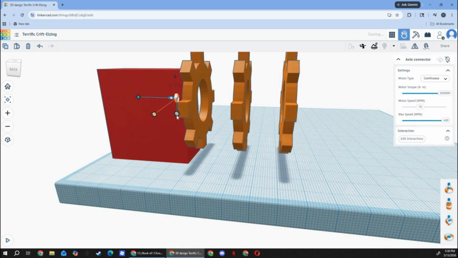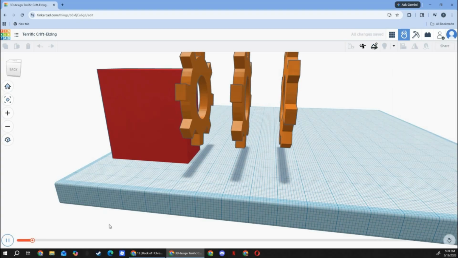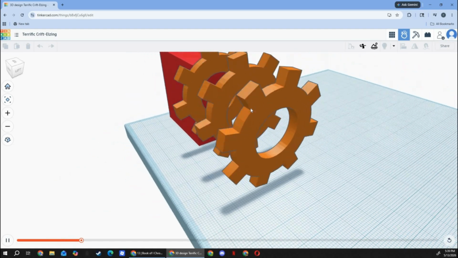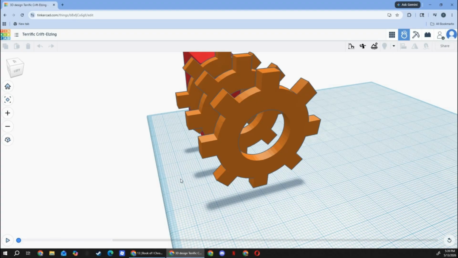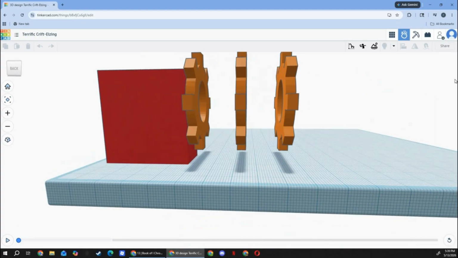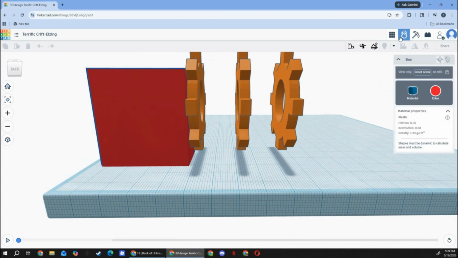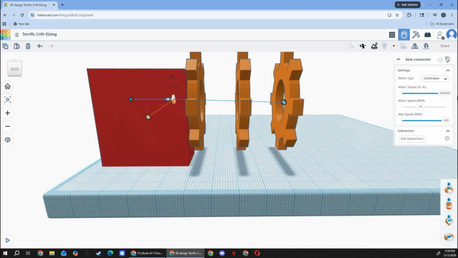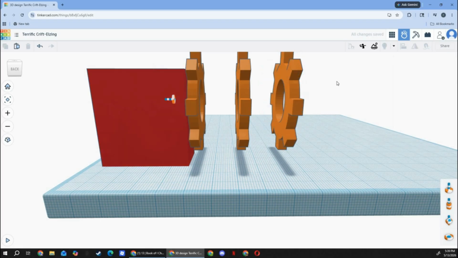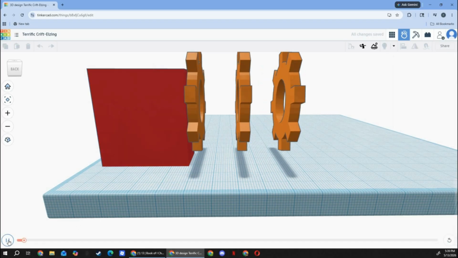Because I'm thinking that, you know what? I'll test two hypotheses. Okay, so I will double one of these. Let's duplicate it. Then I will lift it up a bit. This is what I'll do in real life. Let's lift it up a bit to where the gear is. I don't want the gear to break the SimLab if